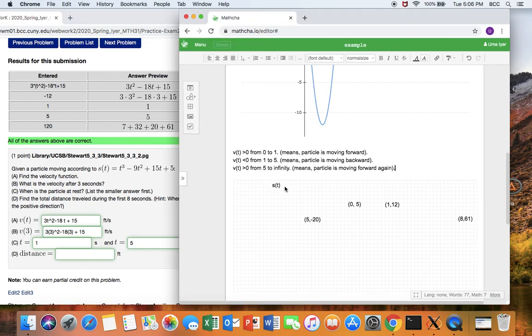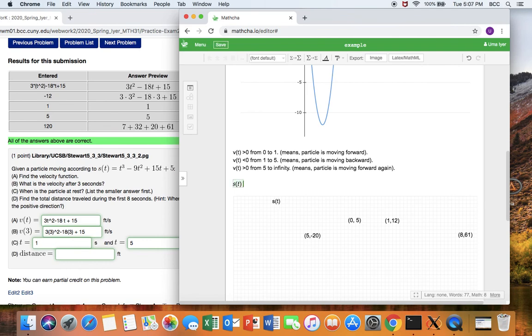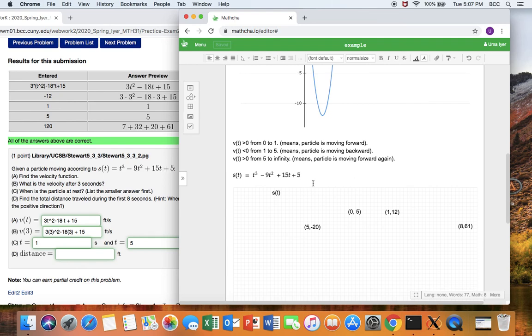So I have taken the trouble of calculating these numbers. What are these numbers? These numbers come from the formula. Let me write it down. S of t equals t to the power 3 minus 9t squared plus 15t plus 5. Where did this formula come from? That was our question, right? That was your position. So now plug in